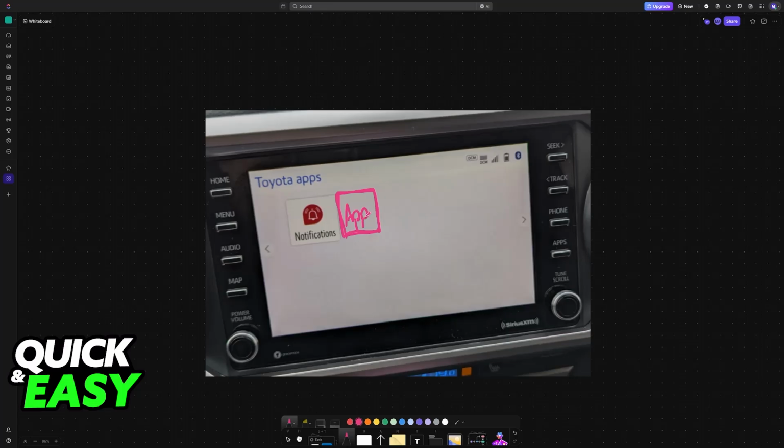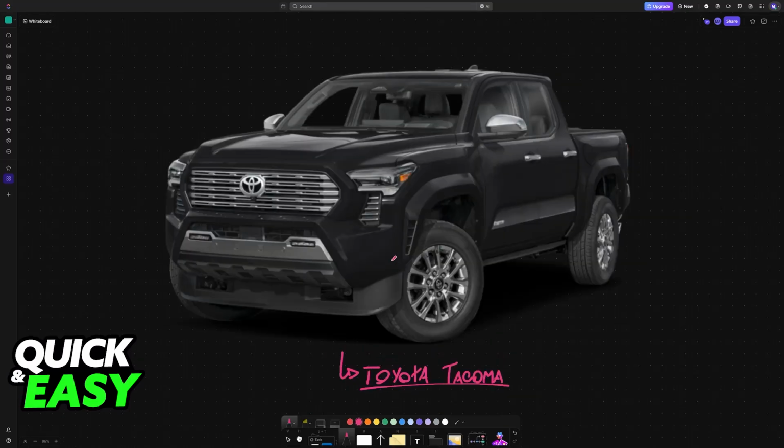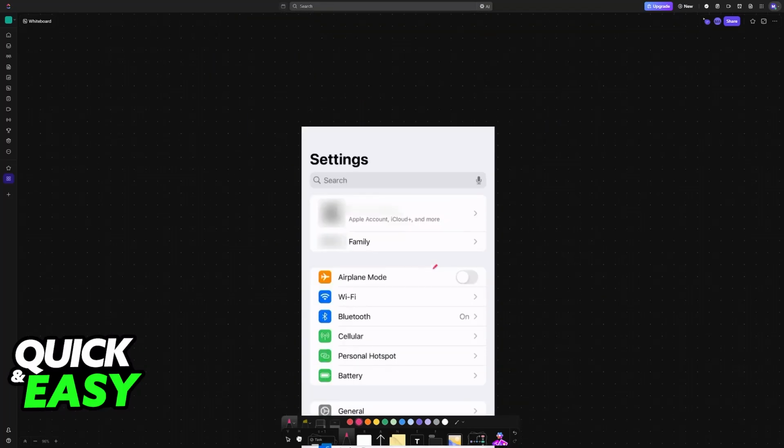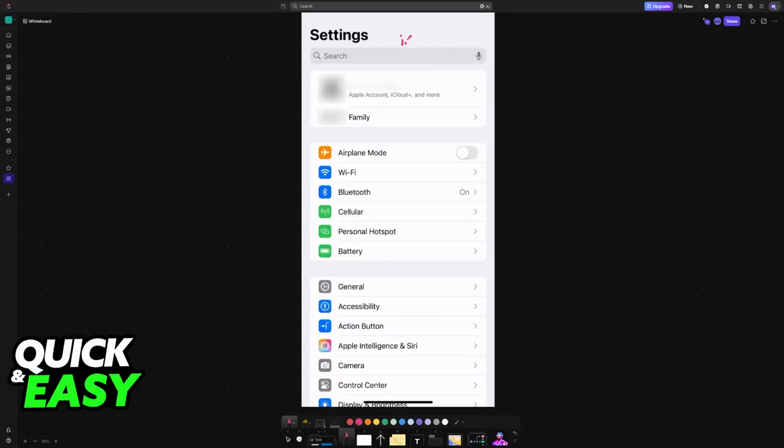Instead of having the option to add apps inside of the dashboard or the touchscreen here, you need to do it through your phone. So when you have your phone connected, regardless of if it is an Android device or an iOS device, you will have to go over to the respective settings. For this video, I'm going to showcase how to do it on an iPhone over CarPlay. If you are using Android Auto in general, you will have to do these same steps, but in the Android